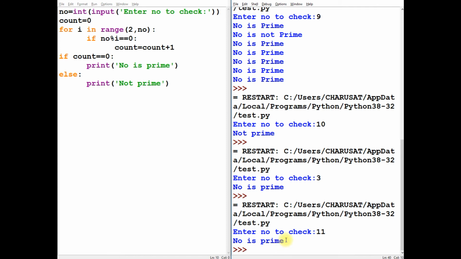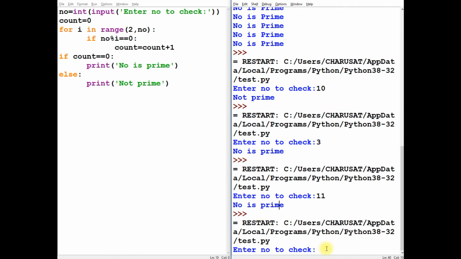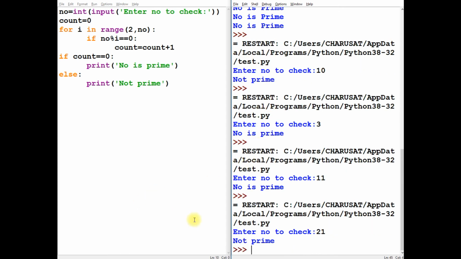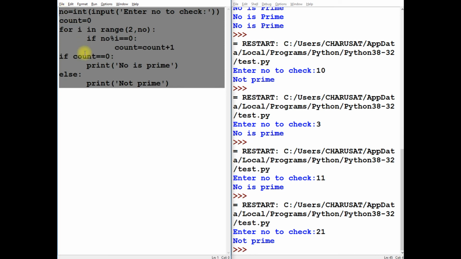Again I'm running this code. Let us say some number 21. So 21 is not prime. Okay, so this is the code which will actually find out whether the number is prime number or not. What you can do here is also you can break here. So if this condition is true for once, then you do not have to check for the remaining numbers. So you can break here itself if you want to. If you won't break, you still get correct answer. Now this is only to check whether the number provided by user is prime number or not.